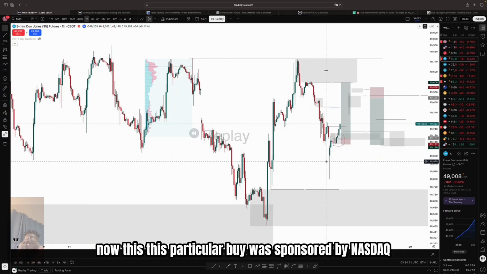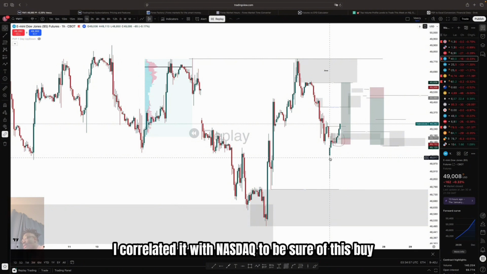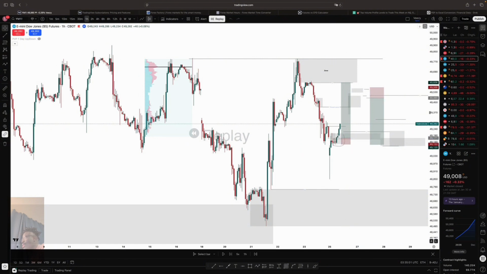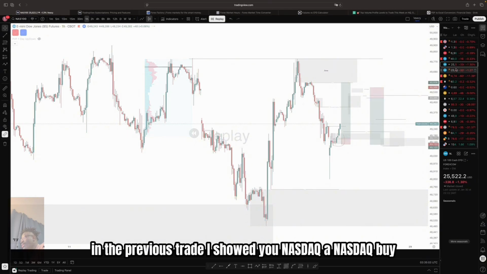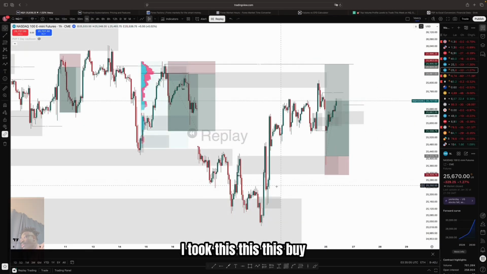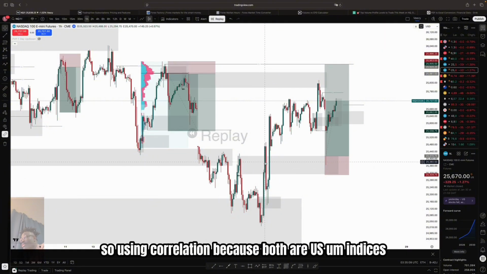Now this particular buy was sponsored by Nasdaq. I correlated it with Nasdaq to be sure of this buy. In the previous trade I showed the Nasdaq buy. I took this whole buy. So using correlation, because both are US indices,